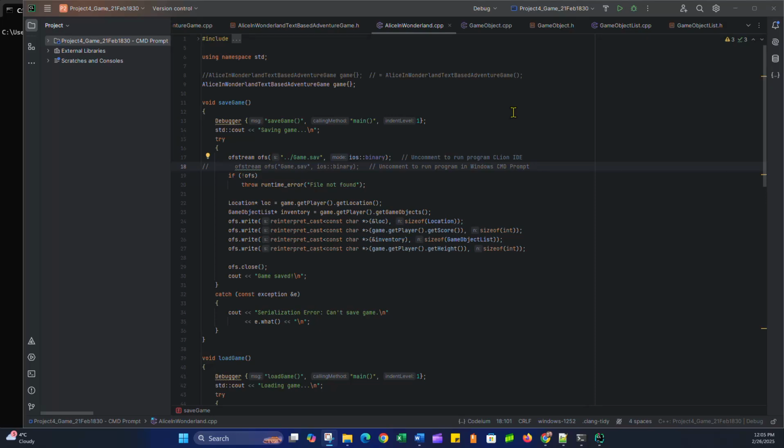This is just a quick video showing you how to run and execute my final project in CLion versus command prompt. So why do we need a separate video? Well, it just has to do with the way that file I/O is handled between the CLion integrated development environment and Windows command prompt. And this can be explained pretty well via